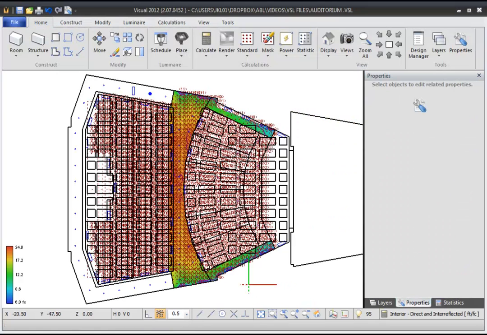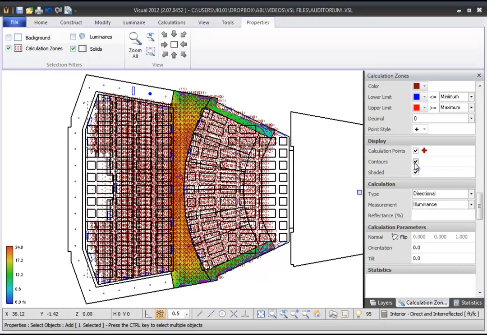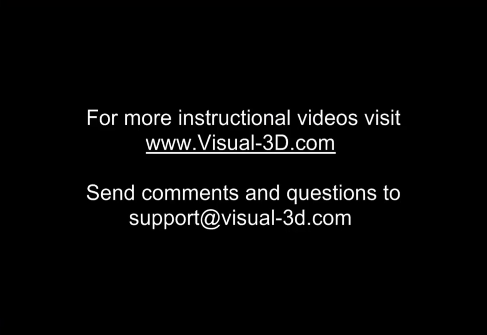Using the Properties command is a great way to inspect or modify your design. Changes to a property of a surface or a luminaire in the sidebar are immediate, providing you with feedback on your actions. If you have questions about properties not answered in this video, contact